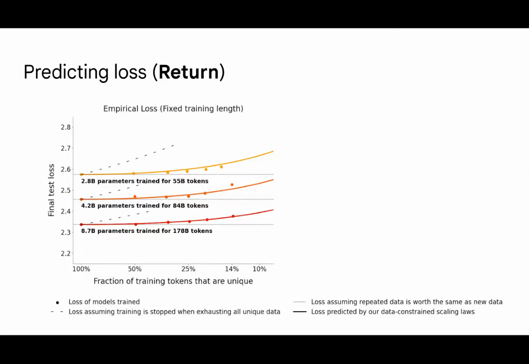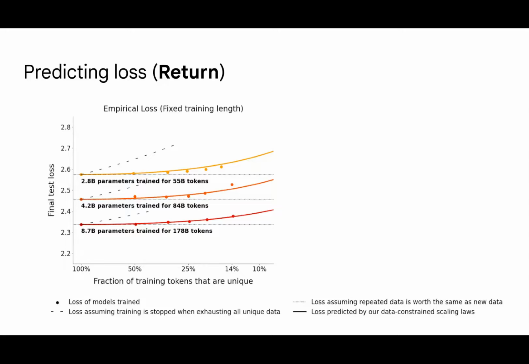In this graph, the dotted line represents delta 1. That is the expected loss if there had been no decay. The dashed line represents the expected loss for delta 0. That is, repeated data yields no value. The yellow line represents the prediction that will be made by our mathematical model, and that's made by fitting under exponential decay. We ran 3 versions of this experiment, each starting with a larger model, as well as a proportionately larger amount of unique tokens. In all 3 cases, we see a similar relationship between the decay of repeated data and the final loss.